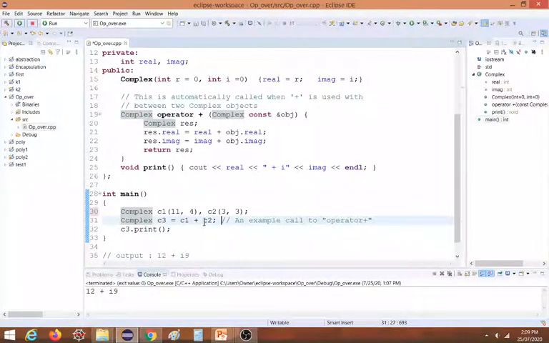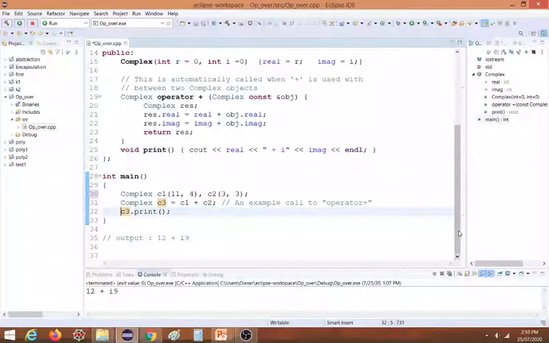So when this statement is written, our operator plus function will be called, this function. Okay, so C2, a complex number, we are passing to this operator plus. And C1 will be passed along with this plus. So C1 here is representing this real and imaginary, and C2 is representing here object dot real and object dot imaginary. So C1 itself is passed along with this plus operator. So C1 plus is this operator plus function. Now this C3 is nothing but where the result values are copied. Now I am calling C3 dot print. So it will display whatever addition is performed.